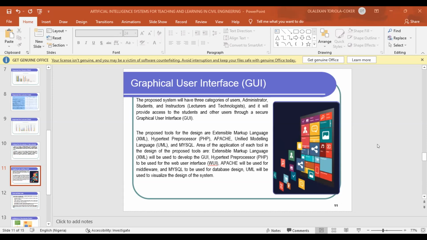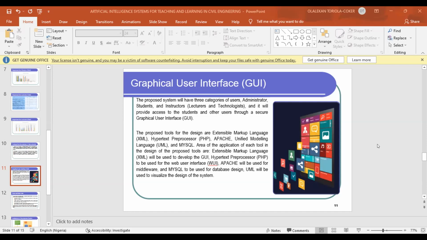The instructors are the lecturers and the technologists, and it will provide access to the students and other users through a secure graphical user interface. The proposed tools for design are Extensible Markup Language, XML, the Hypertext Pre-processor, PHP, Apache, Unified Modeling Language, UML, and